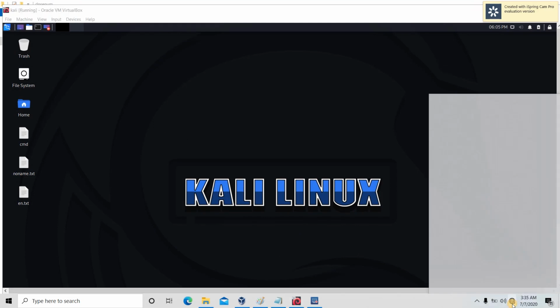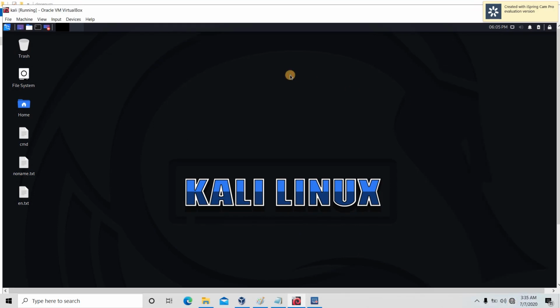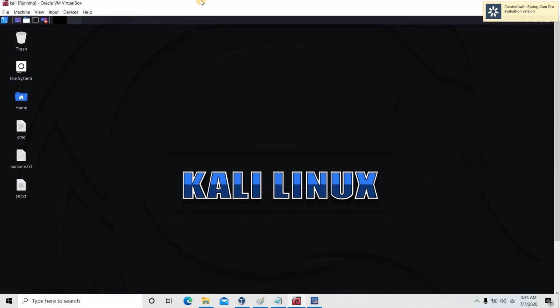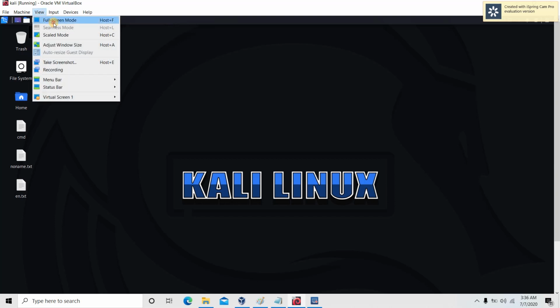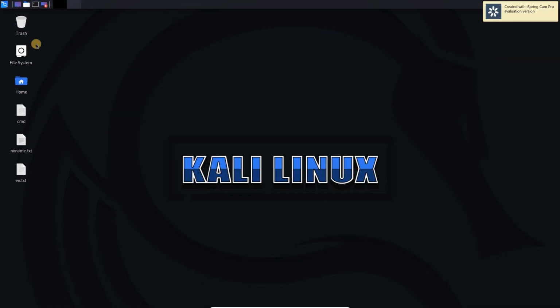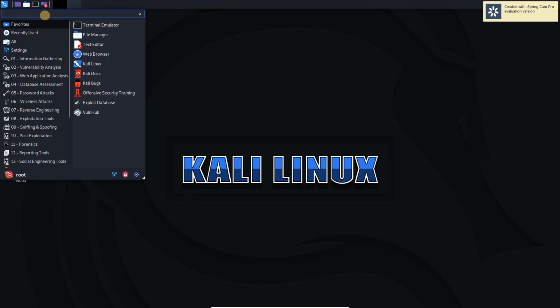But if you are using other Linux distributions like Ubuntu or any other distribution which does not contain this tool, in that case you can clone it from GitHub, and I will tell you from where.